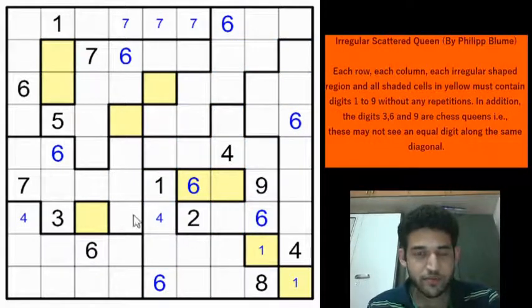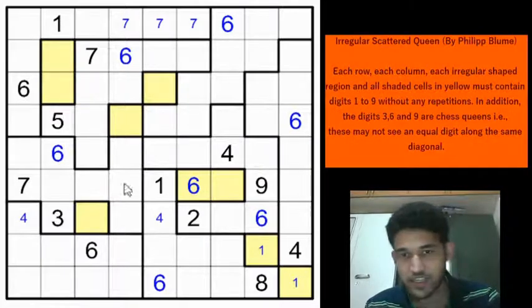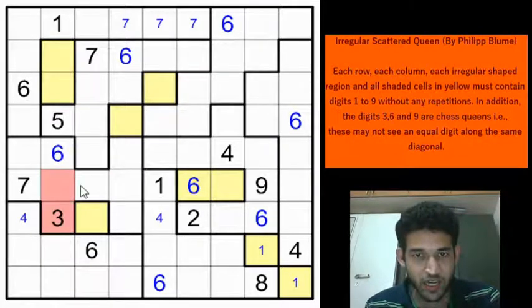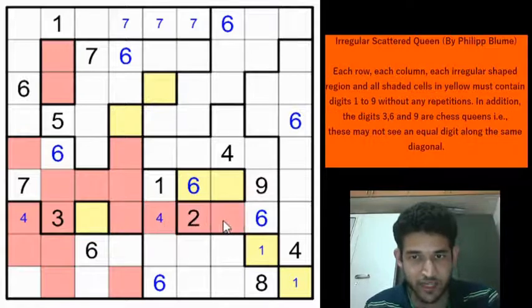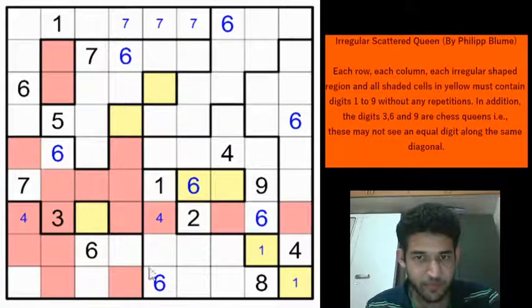Now let's look at 3, right? Because there is no more information, we'll look at 3 to see if we can make some more queen eliminations just like we did. Let's use a red color this time. 3 can't be here, it's in the same region, and 3 can't be in any of these cells because this is in the same row or column and this is in the diagonal direction, and 3 can't be here because it is in the diagonal direction, can't be here, and it can't be in these cells because using the column rule, and 3 can't be anywhere here, right?